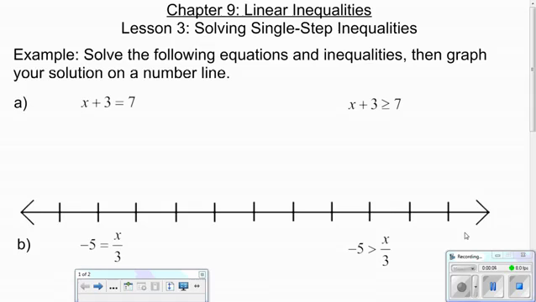It's been a process today trying to get these lessons recorded, but this is lesson 3, solving single-step inequalities. So in this unit, we're going to be pulling in what you already know about equations, and the equations we're dealing with are very basic equations. So that part should be nice and easy for you, but now we're adding an inequality sign, meaning that there's going to be a range of answers,